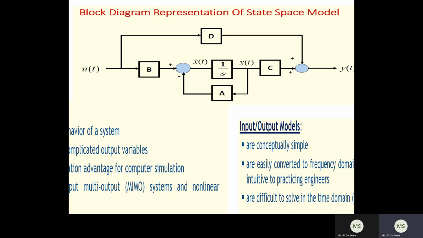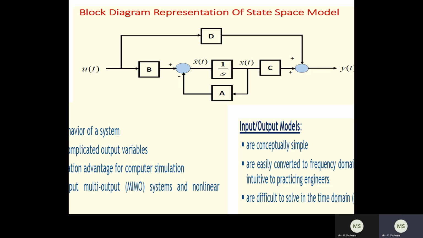So here first you have to write the u of t. From the u of t, you can see one signal is going to D. Other signal, where it goes, we have to look. In this state equation, x dot of t is equal to A into x of t plus B into u of t. So here u of t is already there. Therefore, you use a rectangular block, gain B, so output will be B into u of t. That will be given to your summer. In this summer, we are going to add both A and B.